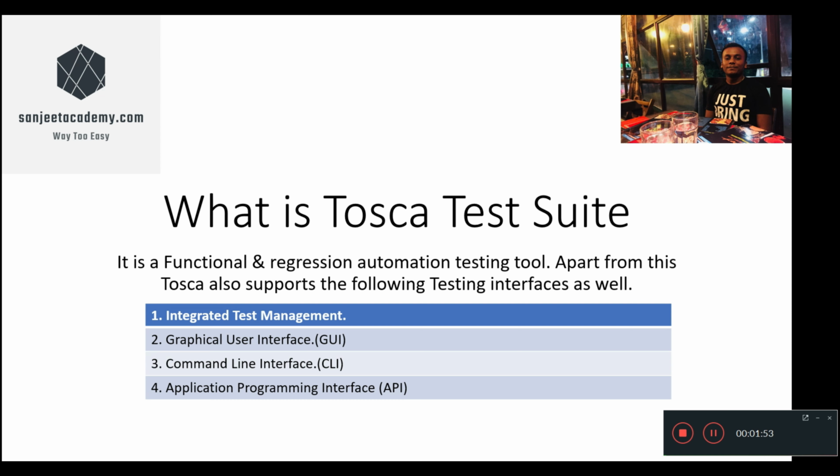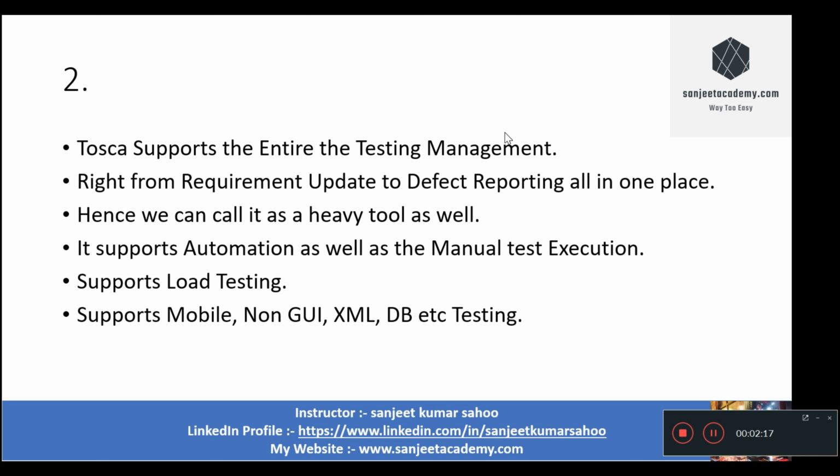It supports the command line interface, CLI, in Tosca. There is a way test execution can be done in headless mode, that is using the command prompt with the Tosca TC Shell method. It is called CLI, command line interface. Tosca also supports API testing, that is application programming interface testing, which you can do using Tosca.